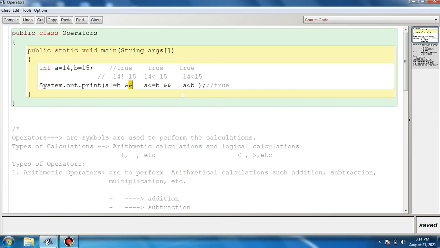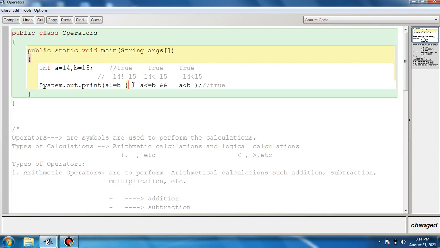Next is logical OR. In case of logical OR, the opposite happens. If any one of the expressions is resulting in true value, and the other two relational expressions are resulting in false, still it will return true. The opposite happens. So this is the symbol, two parallel lines, logical OR. We can operate it on two or more expressions. Let us discuss first of all two.